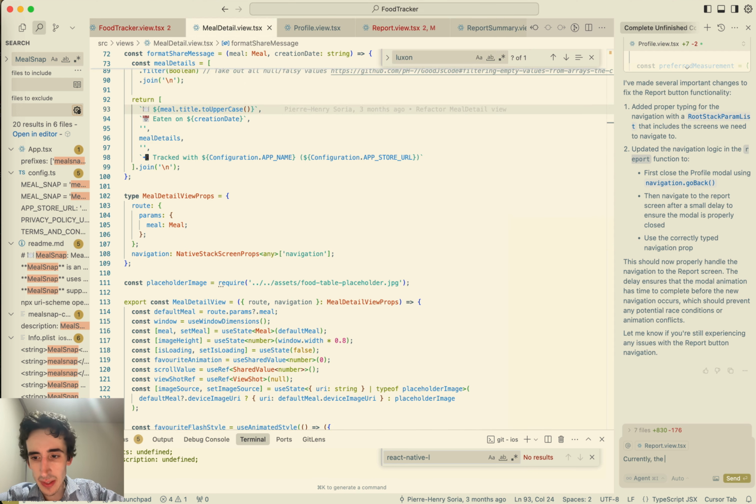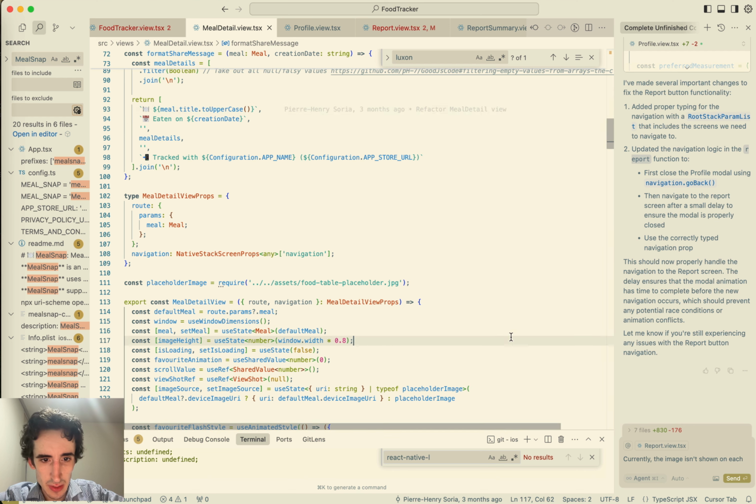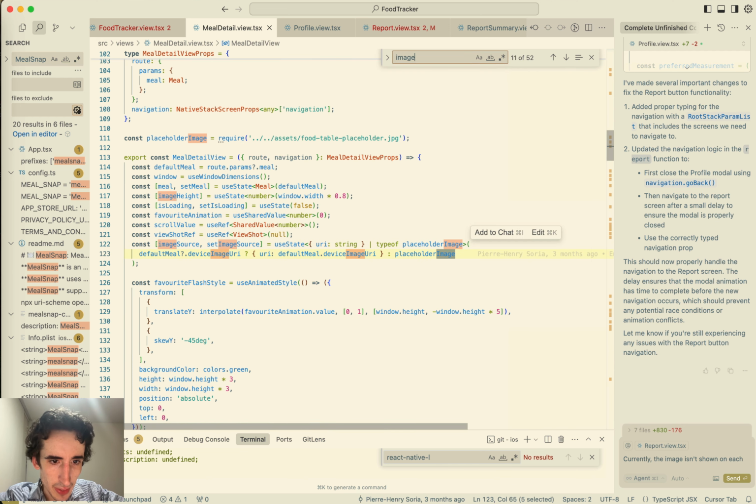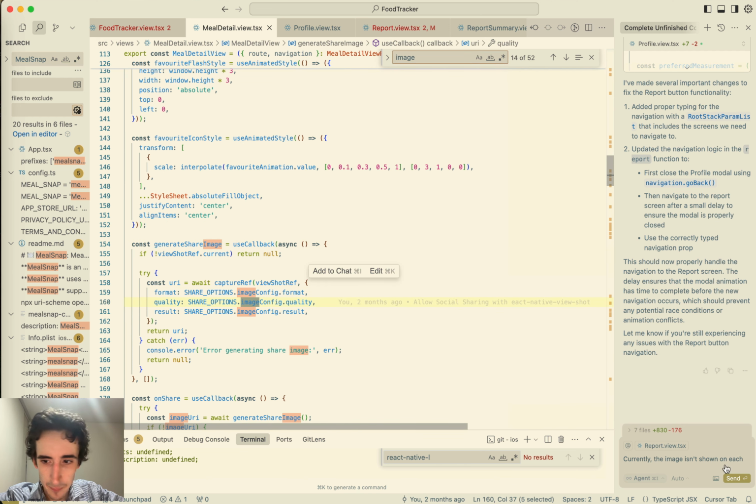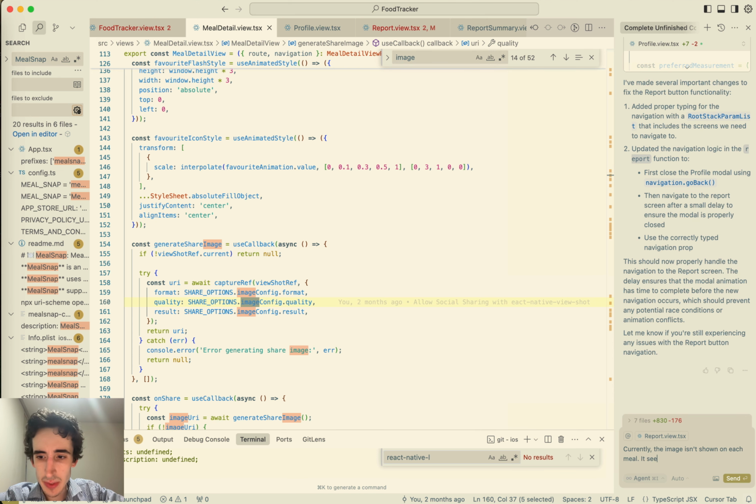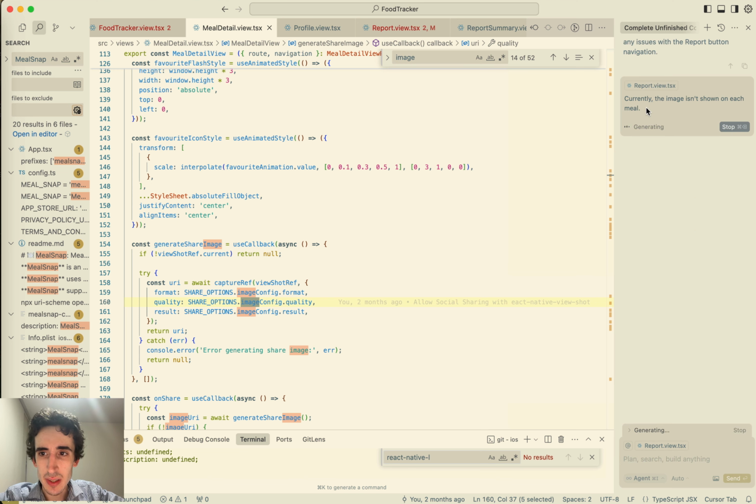Currently, the image isn't shown on each meal, so there is an issue with the image. It seems something went wrong. That's too long, so I will just do this and we see what Cursor gives,